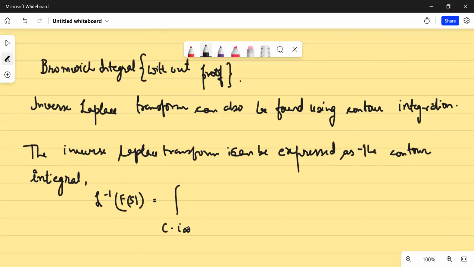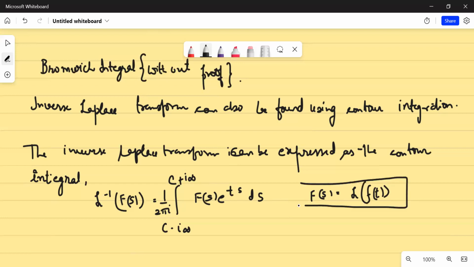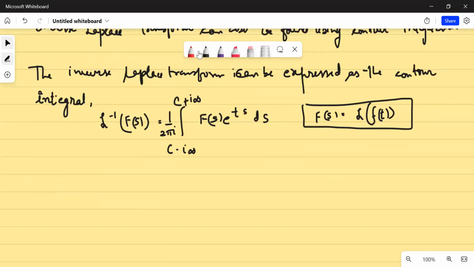integration c minus iota infinity to c plus iota infinity 1 upon 2 pi iota outside, and then you have this F(s) e to power ts ds. Just remember this result, don't worry about it, I will let you know, where F(s) is the Laplace transform of f(t). So if you want to find your inverse Laplace transform of a function, then it becomes equal to this kind of contour integral. And this is actually done over a Bromwich contour,